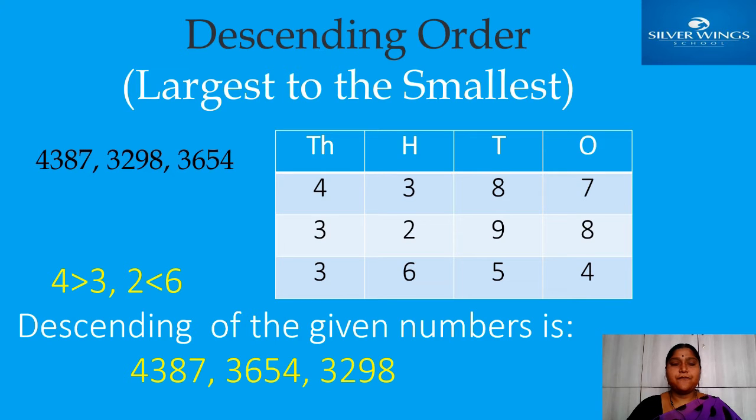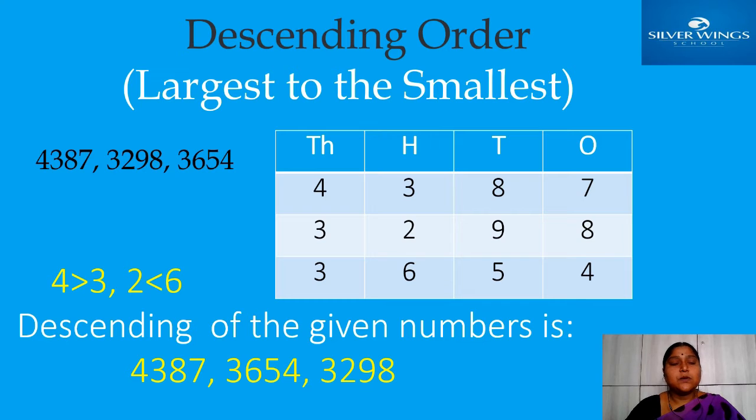See here, I gave you three 4-digit numbers. Whenever you want to write numbers in ascending or descending order, or find place value, face value, whatever it may be, first you should read the given numbers. Every time you should read them: number name, expanded form, place value, face value, predecessor, successor. Every time you should read the number name clearly.